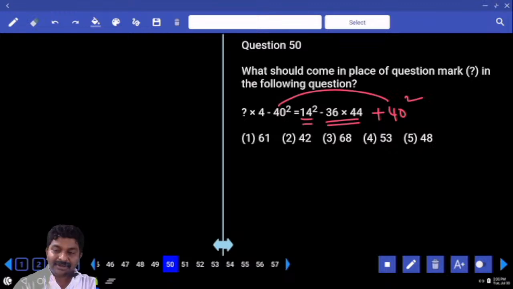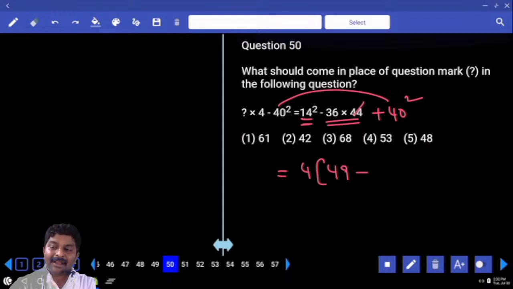Let's take common. What should be taken common? 4 taken common. OK. 14 squared can be written as 2 squared into 7 squared. 2 squared taken common. 49 minus 36 into 44. I'll take 4 from 44. What is left? 11. 36 11 times